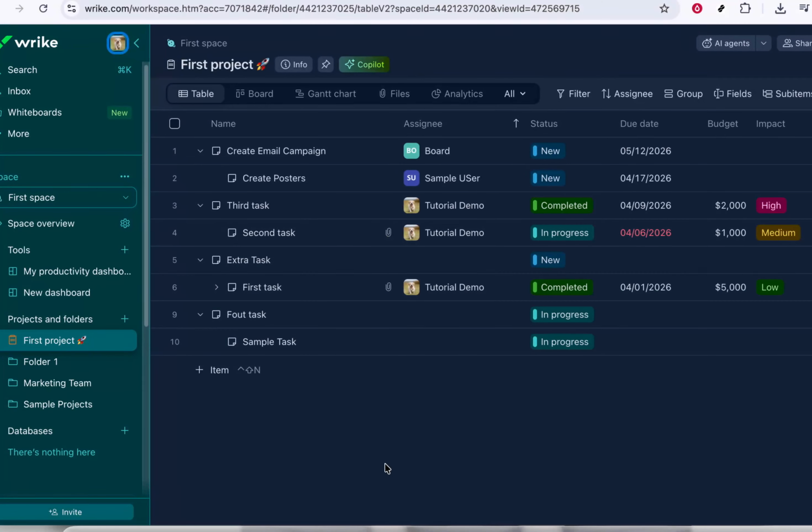In today's video, I'm going to teach you how to remove a team member from a Wrike project. This is really useful when someone moves to a different team, leaves the company, or simply no longer needs access to a specific project. Keeping your project sharing list clean helps protect sensitive information and makes it easier to manage